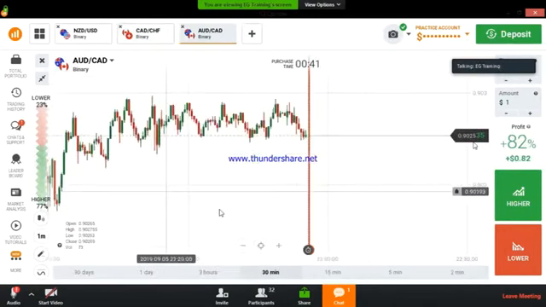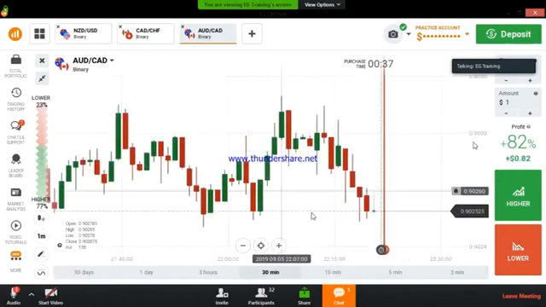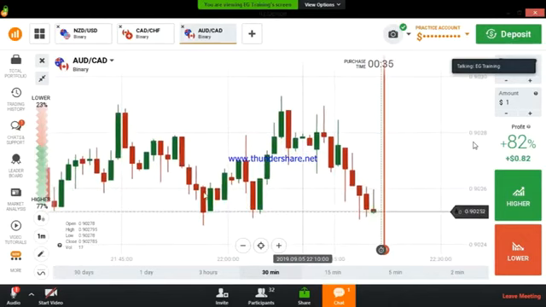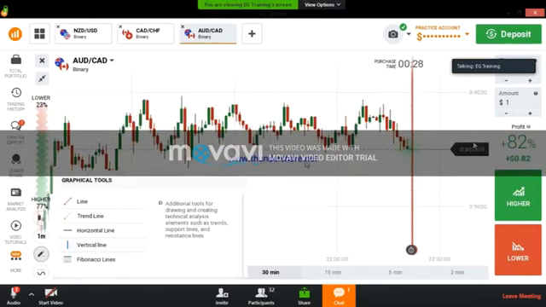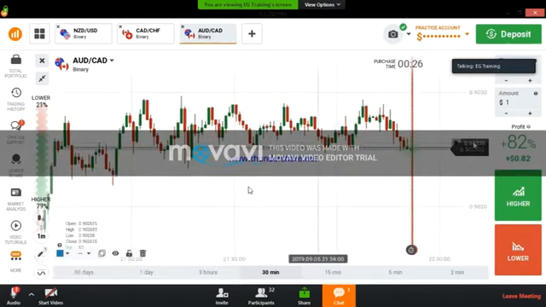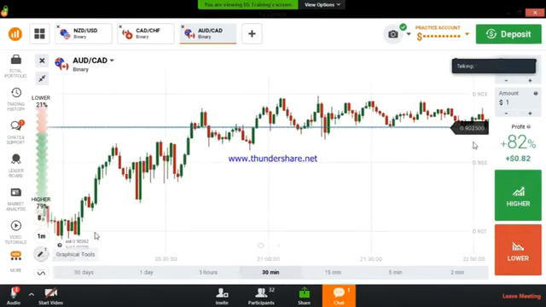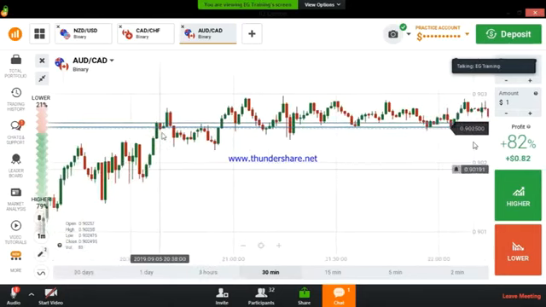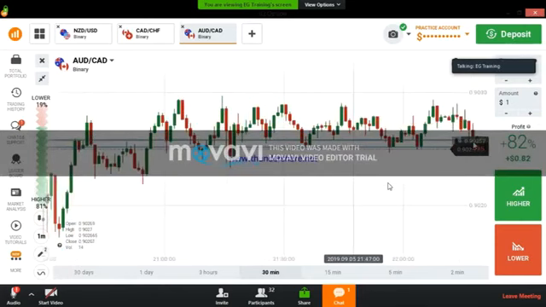Okay, this is one method to draw a strong level. You should go into the past history near this price bar and draw some strong levels. Like here, there are some strong reversal points here and here, and here also there is a reversal point. This closing point and this closing point. Okay, now it is clear.